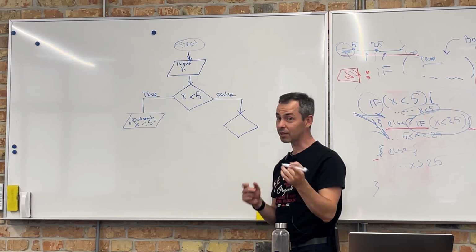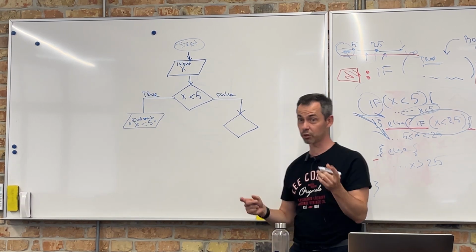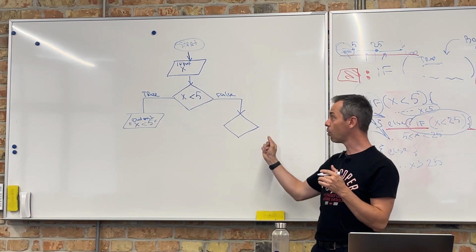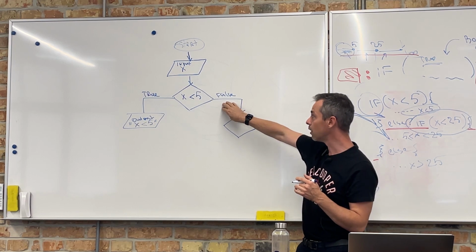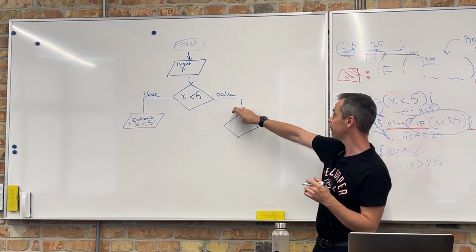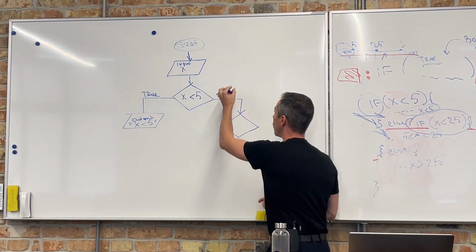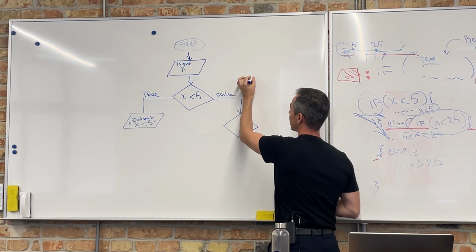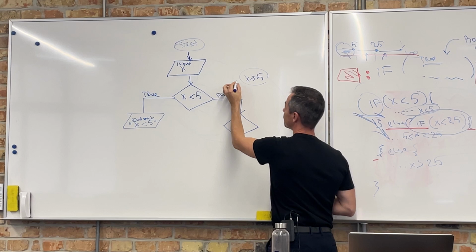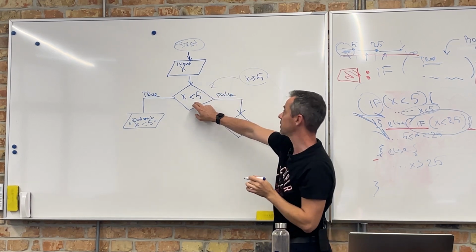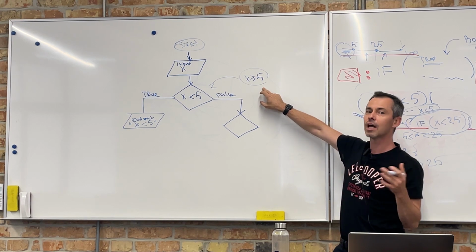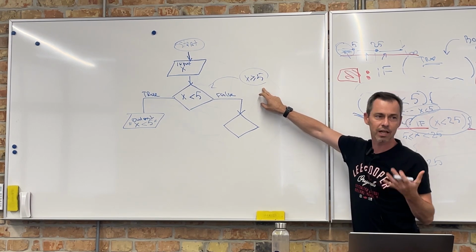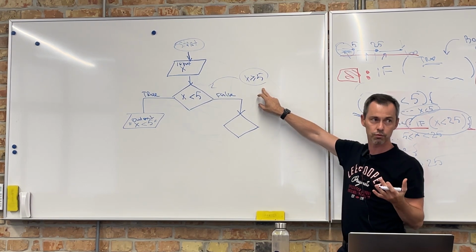Good idea, but let's analyze that. We could put x more or equals 5, but do we really need that? We already know that if I go this branch, x is bigger or equal than 5, because this is not true, then this is true, okay? I have no requirement, I don't need to check that. I already know that it is true.